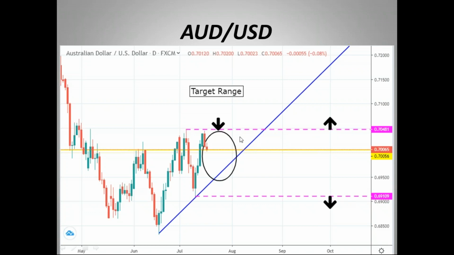So if we have a rally that takes out this past high, which would mean there's probably going to be a bunch of stops up here. So whether you're a futures or a Forex cash trader, you're probably going to see a spike above here if we can get a breach of that level. But that would also mean that we have Aussie strength and US dollar weakness. Main thing being, is it US dollar weakness, which is what we're looking for.